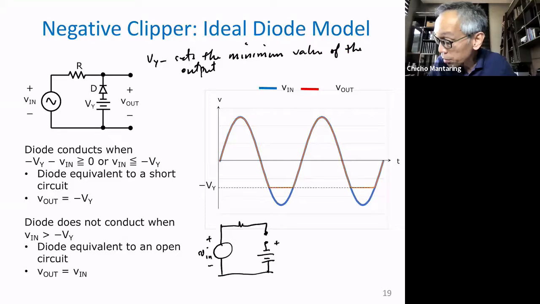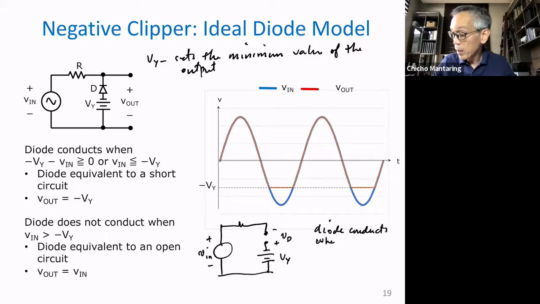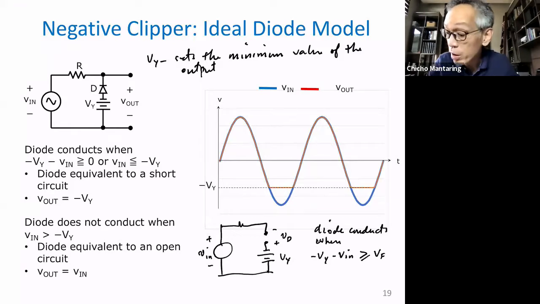This time your polarity for V of D will be this way. Okay, this is V of Y. Your diode conducts when V of D, but V of D is what? V of D is minus V of Y minus V of in. No? And that should be greater than or equal to V of F. If it is ideal, that should be greater than or equal to 0. So ito yun, no? Minus V of Y minus V of in should be greater than or equal to 0, or V in is less than or equal to negative of